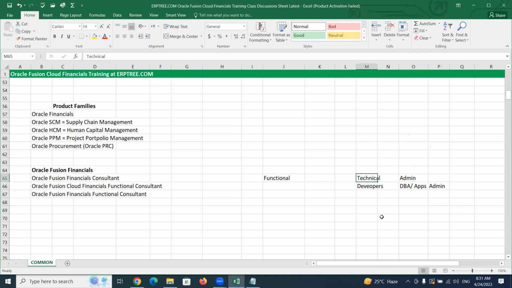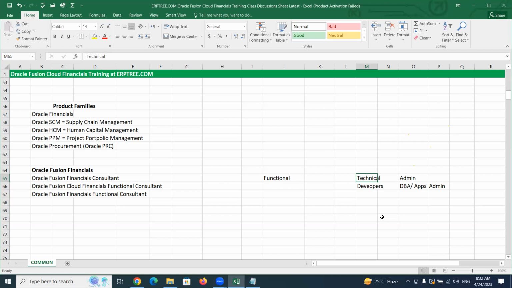When we have to develop something, if something is missing, or the client requires something, we require them. And if you want to connect our Oracle applications with any other applications, third-party applications, for connectivity purpose, integration purpose, and a few other purposes, we need technical consultants. They can develop something. They can create some report, some new page, and they can create a new application also if required, and create the integration, connecting one application with another. These activities can be done by technical consultants.